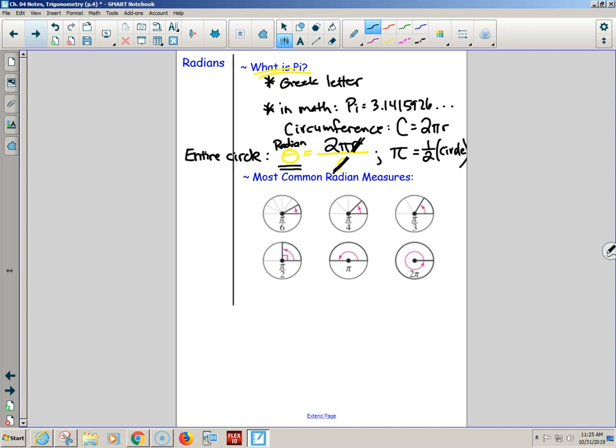Now, I know this was all built on a formula that you guys memorized. It's a mathematical fact, so I didn't tell you where that formula specifically came from. That's okay. But built on this fact, we can see why, in our unit circle, for instance, it took 2 pi to get all the way around. If circumference is truly 2 pi r, then the angle radian measure of an entire circle is 2 pi. The angle radian measure of half a circle would be just 1 pi.